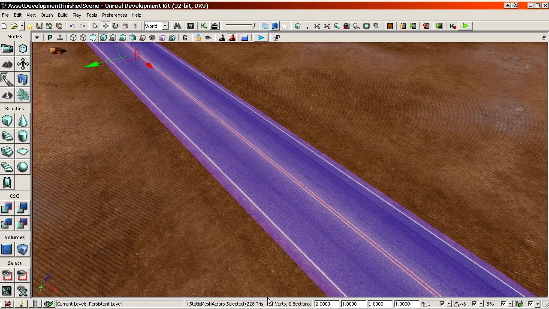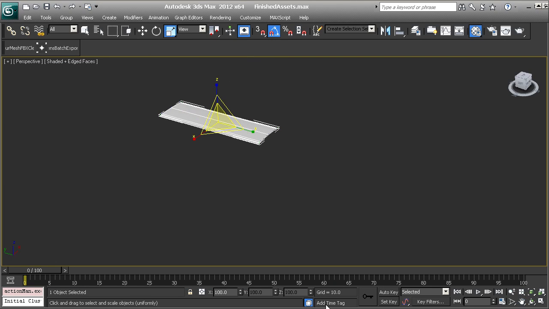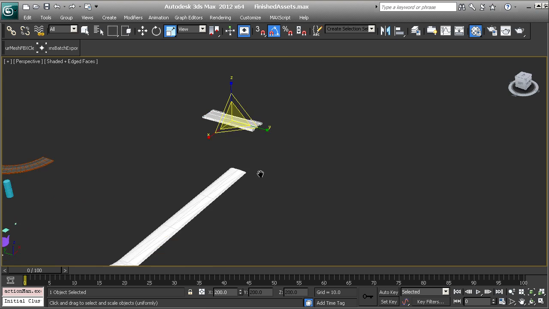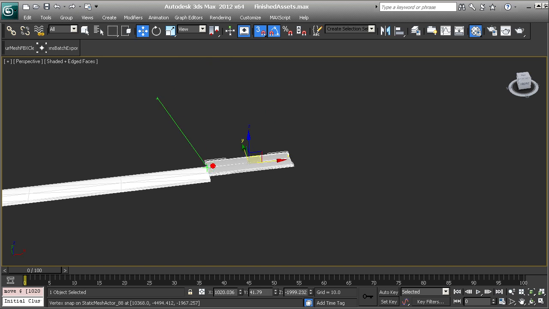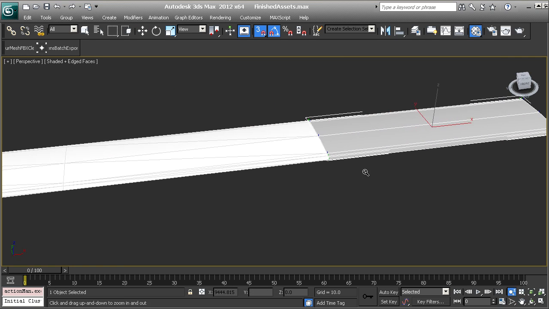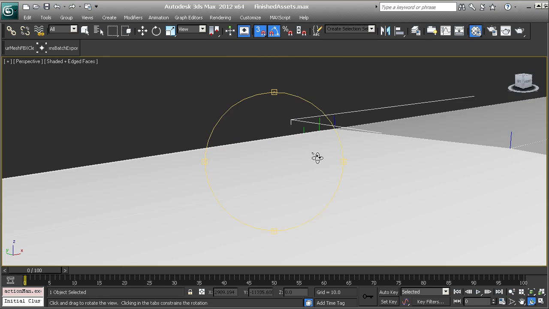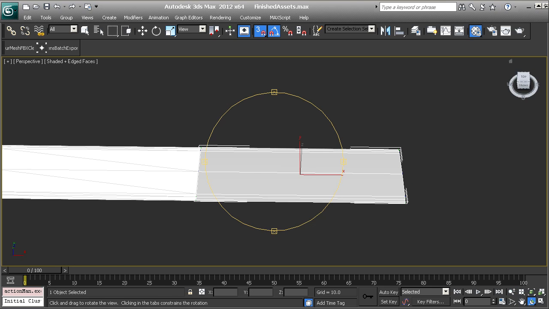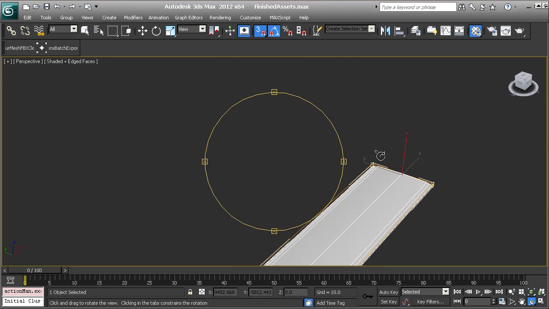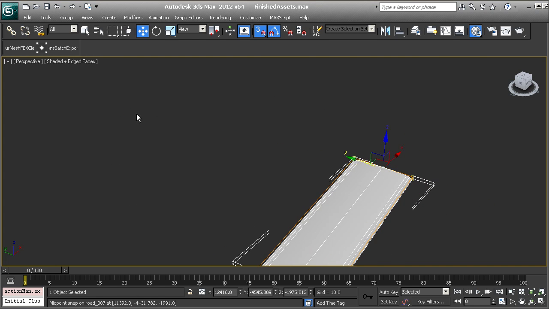Now I believe it's twice the size in Unreal. I made it draw scale 2, as you can see here at the bottom. So I'm gonna make this one size 200 over here. And then I can just snap it to the one I exported from Unreal, and I can do weird stuff with it. So for example, I can distort it a bit. I can do, for example, this,